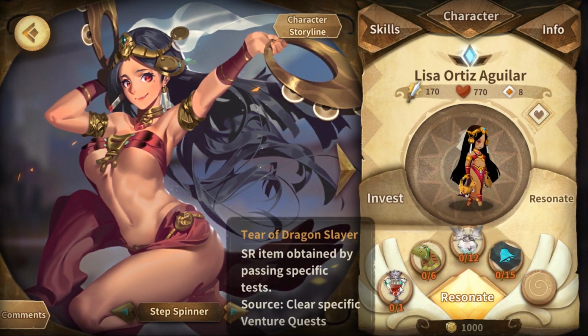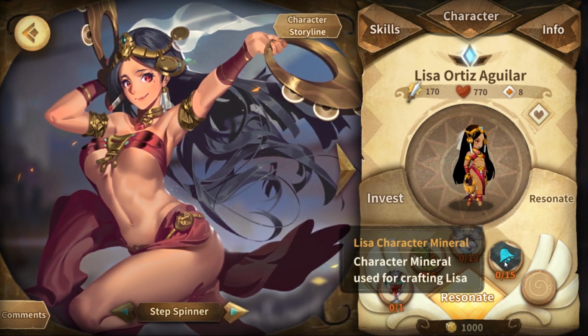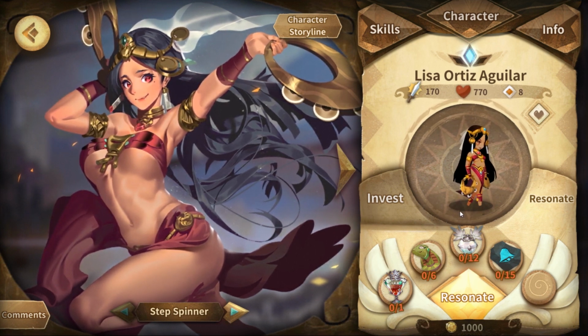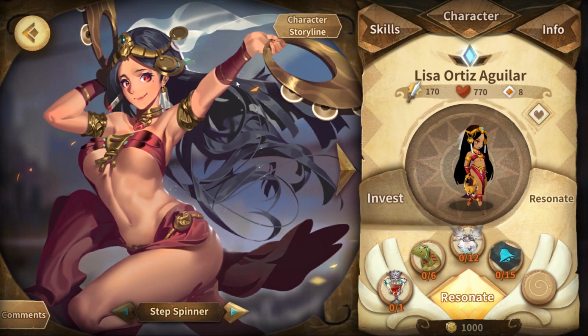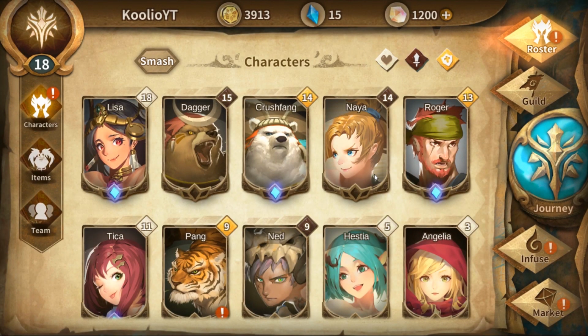Now with the resonating, you have to get specific items that you can get through quests and events to level up a lot of these characters. They do have a lot of events and character storylines that you can go through to get these specific materials. One of the other interesting things, which is where we're gonna end the video,